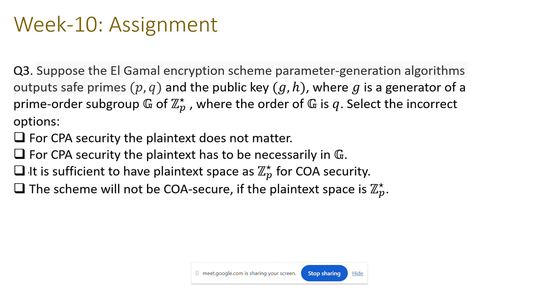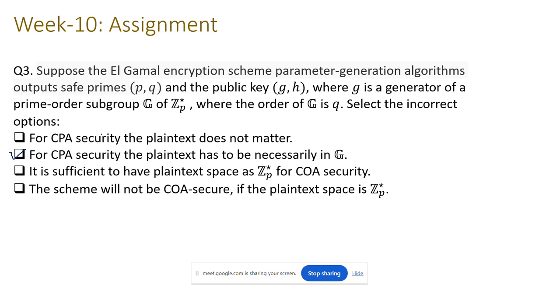The third statement says it is sufficient to have the plain text space as ZP star for COA security. The fourth statement says the scheme will not be COA secure if the plain text space is ZP star. So again these two are also contradicting. So what will be the answers? Ma'am, B. B says for CPA security the plain text has to be necessarily in G. Yes, it is true. And what about between C and D? C is also true. It is sufficient to have the plain text space as ZP star